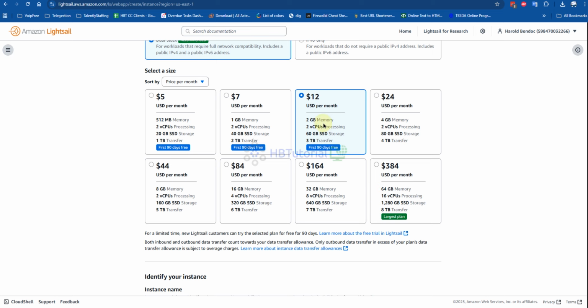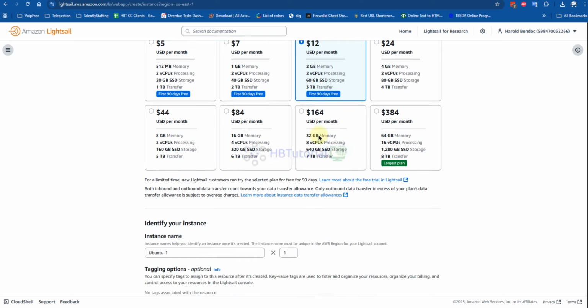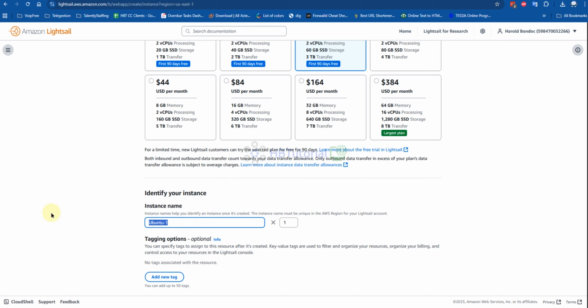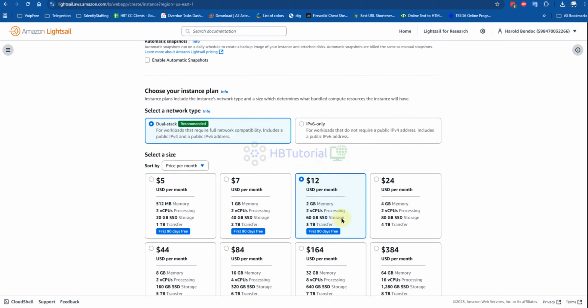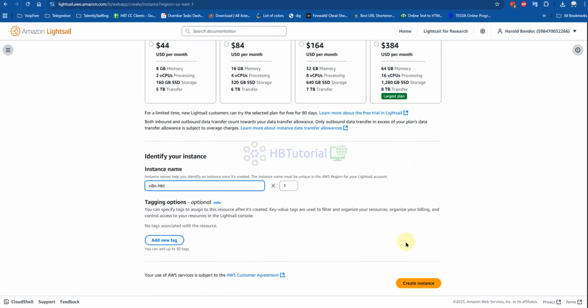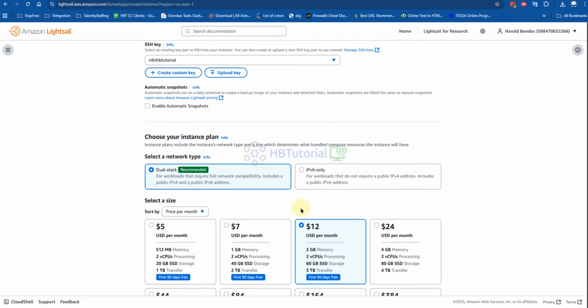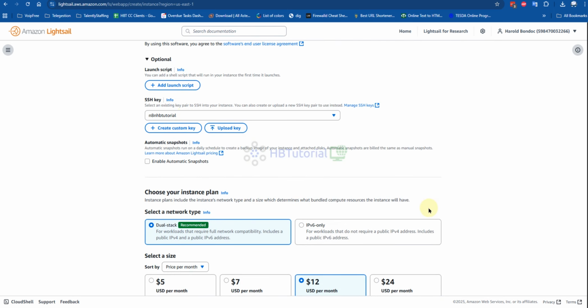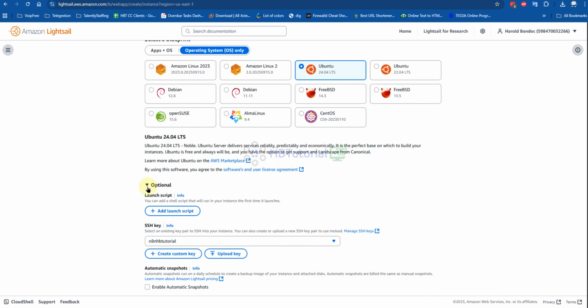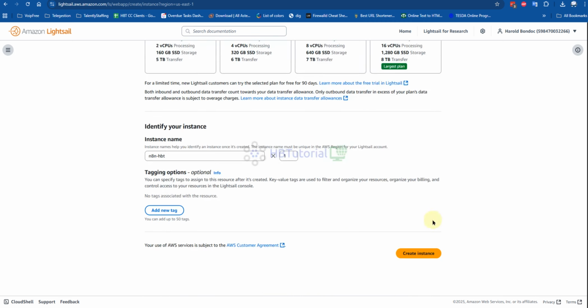So at least the minimum is 2 gig and 2 core. Okay, so as you can see, we're going to use this server. Okay, this option now. Create the instance.